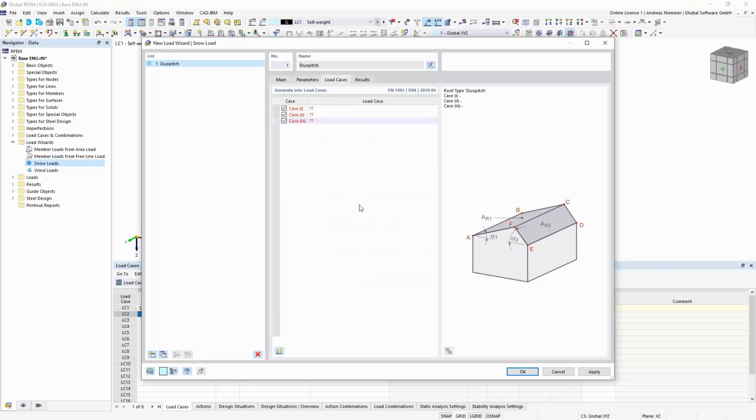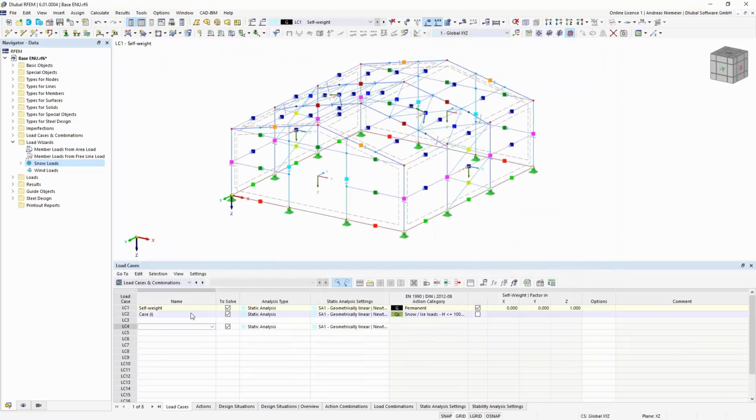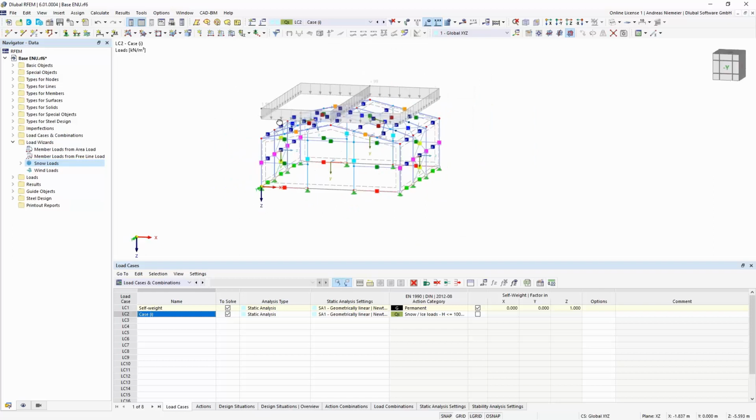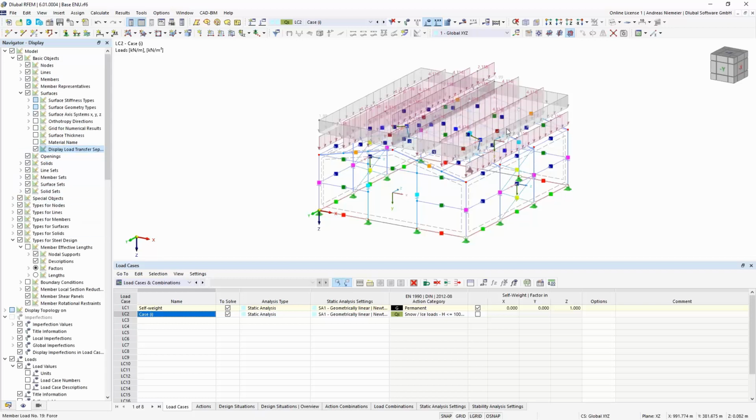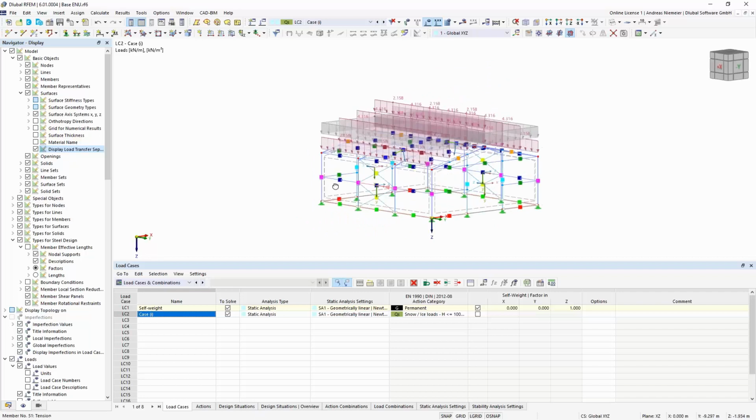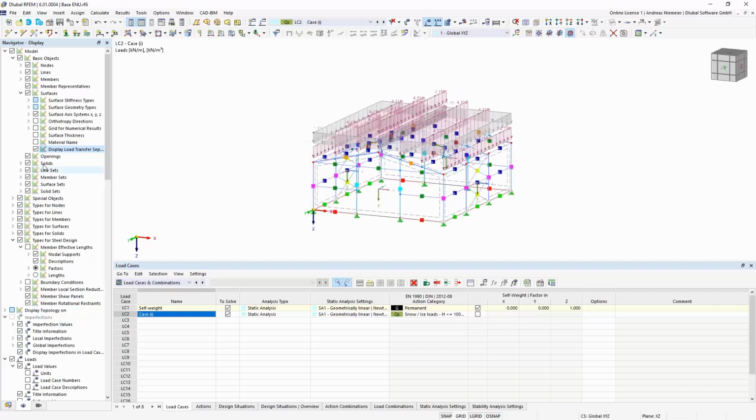And now the program will create 3 load cases, maybe full load, and change it to the different sides. For my presentation, I think it's enough to have only this basic case, and here I create 1 load case for it. And with confirmation, we get the snow load according to the standard placed on the model, and because it finds these load transfer surfaces, it will distribute the load directly to the members, which should be selected according to distribution surfaces.